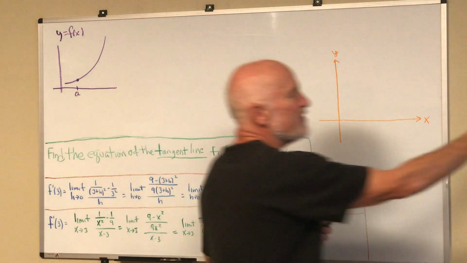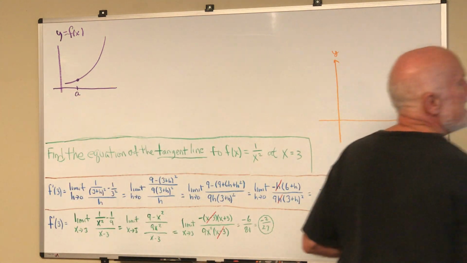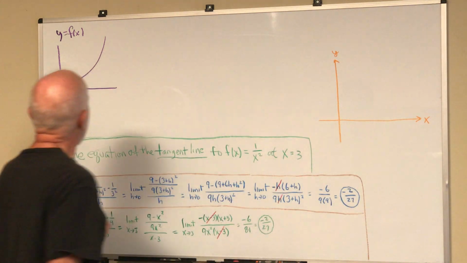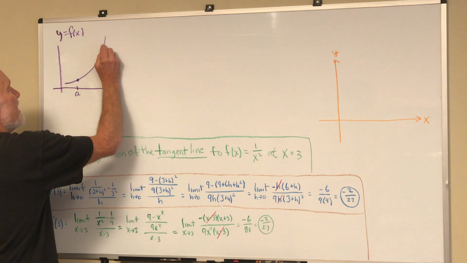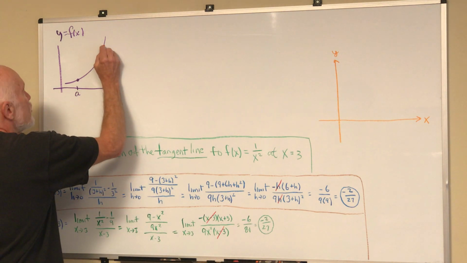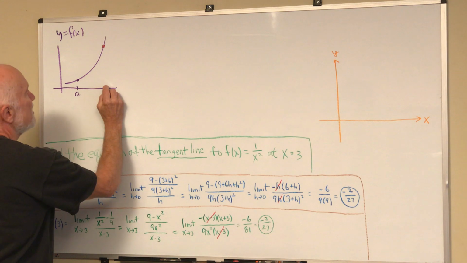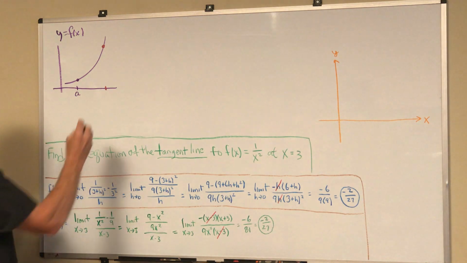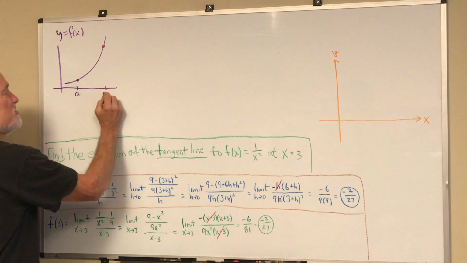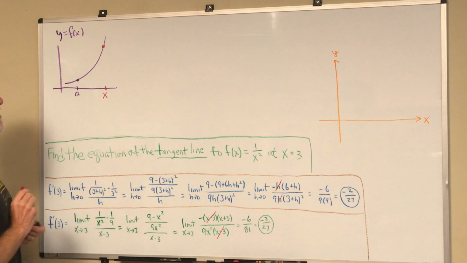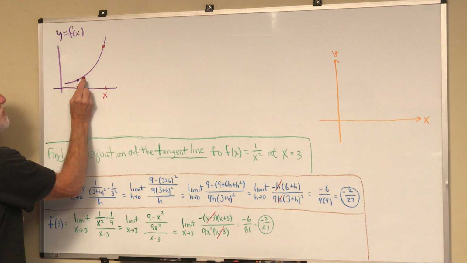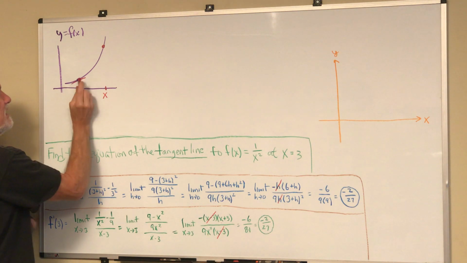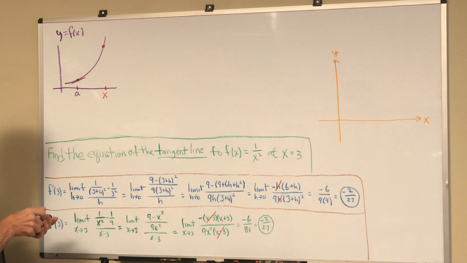This is a perfectly good way to do it right here, but there's going to be a reason why we might want to do it this other way, which you don't know right yet, but you'll see soon. So I could call any other point here on this line just the variable x. And what I'm really trying to do is find this slope right here. So what I could do,